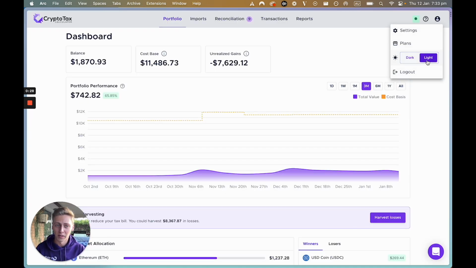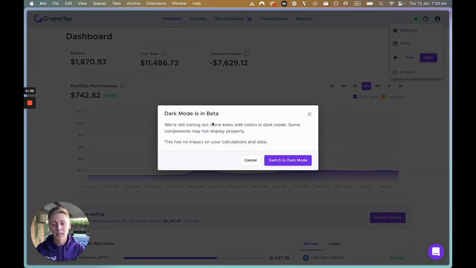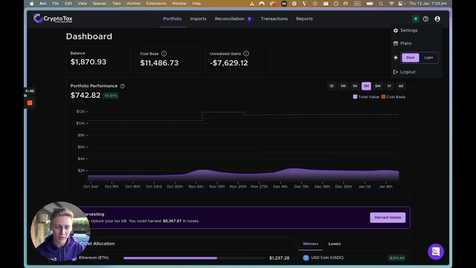and light mode. You will notice that we currently still have a banner letting you know that dark mode is in beta. So if you do notice anything that isn't there, that shouldn't be there, or any components that aren't displaying properly, please do let us know through Intercom, and our support team will forward that onto our engineers and